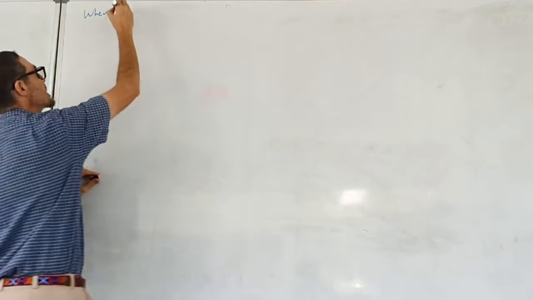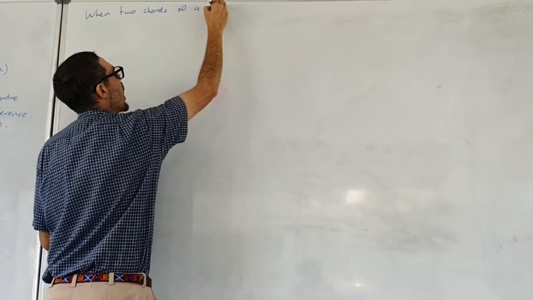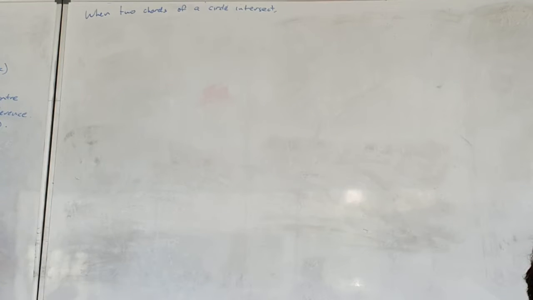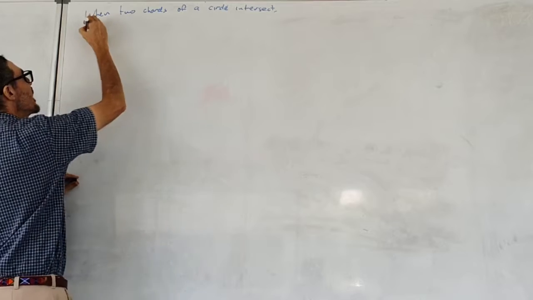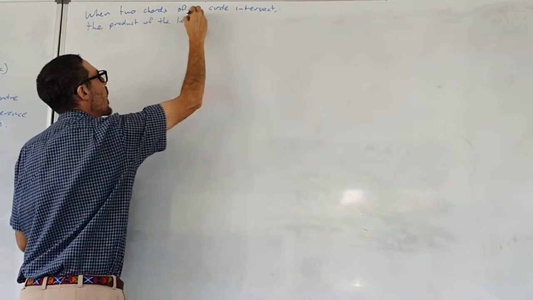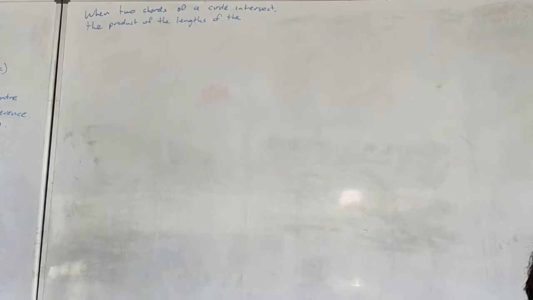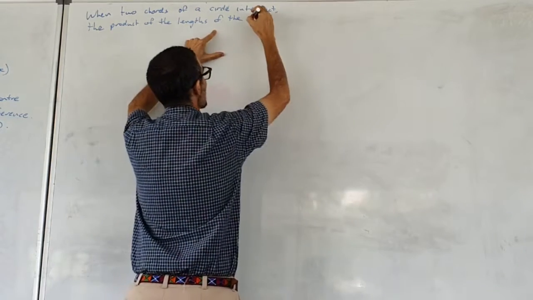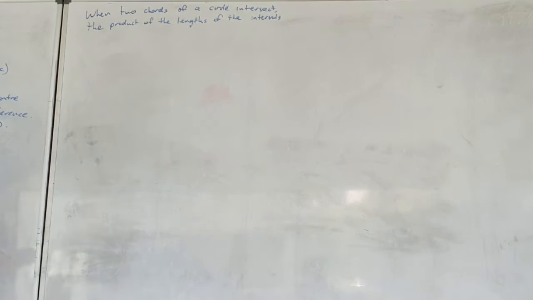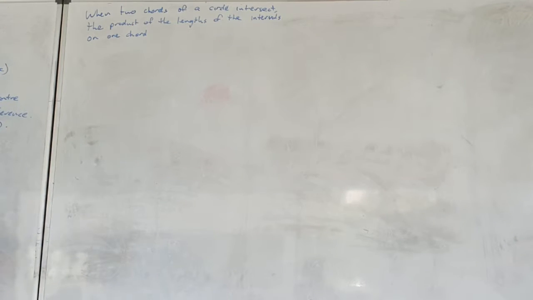When two chords of a circle intersect, the product of the lengths of the intervals on one chord equals the product of the lengths of the intervals